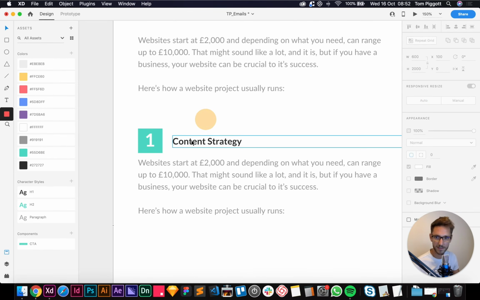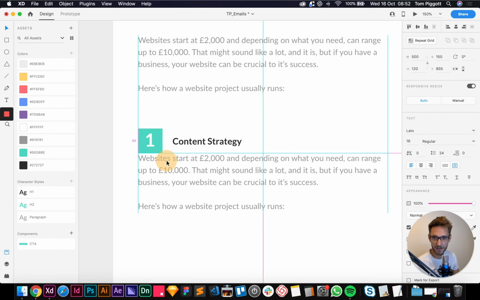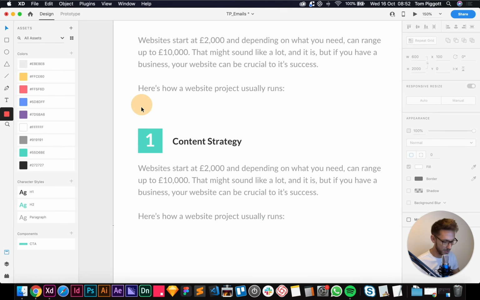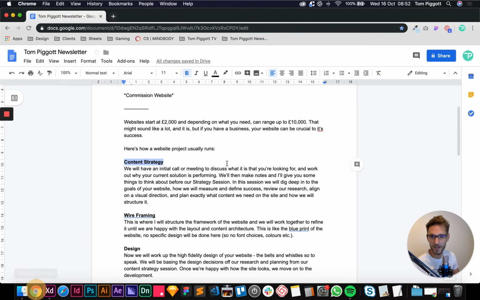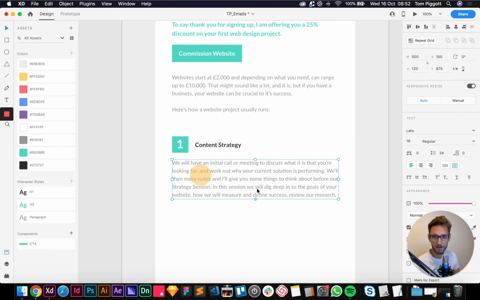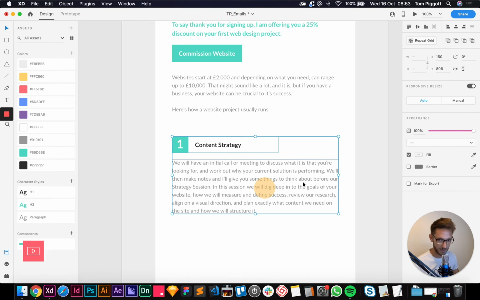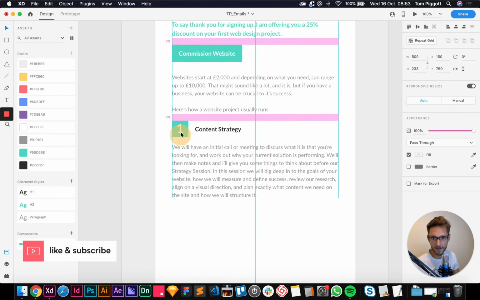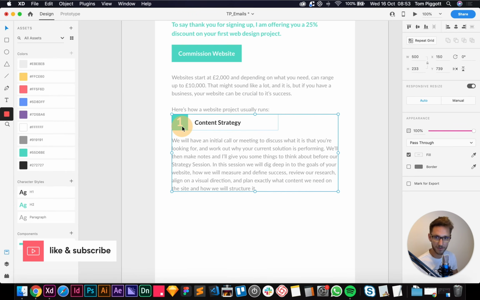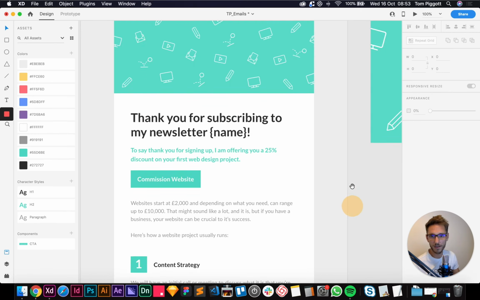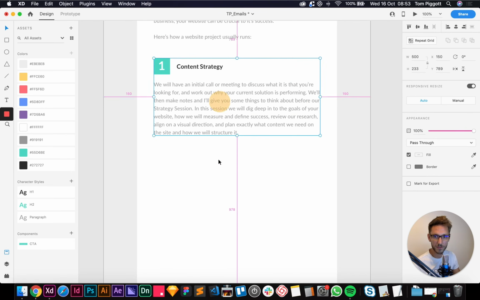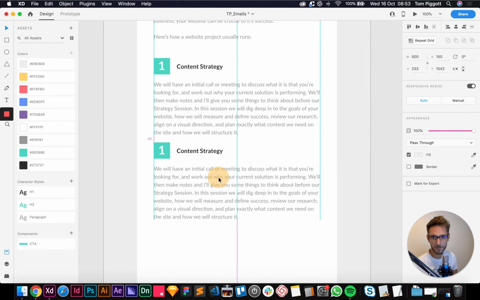So I can group that, I can group that, and then I can make this 2 below. And then we need to grab our actual copy. Easy peasy, grab that from there, paste it in. What we need to do is bring this in, so something like that, doesn't really matter. And then I can group that, and then I can bring this up so it snaps, and then hold shift, 1, 2, 3, 4, 5. Easy peasy. And then I can just hold option, drag out another one, 1, 2, 3, 4, 5.